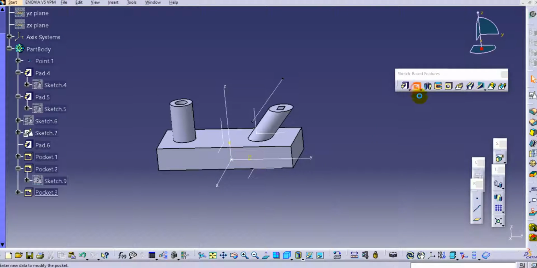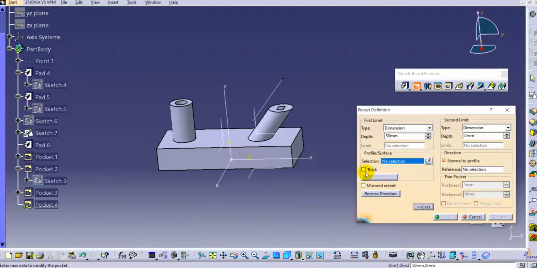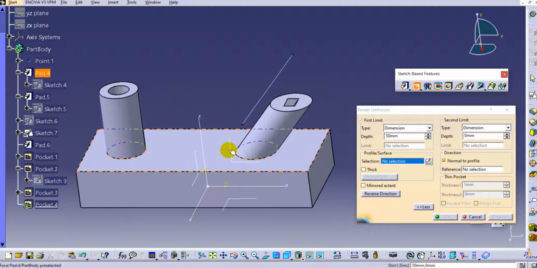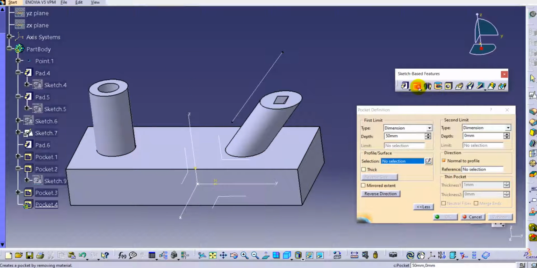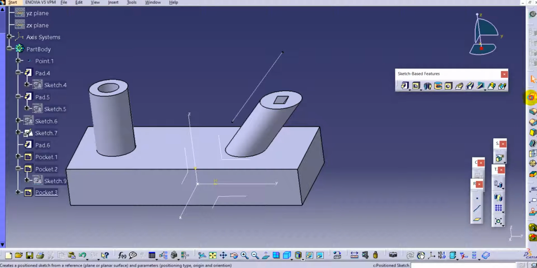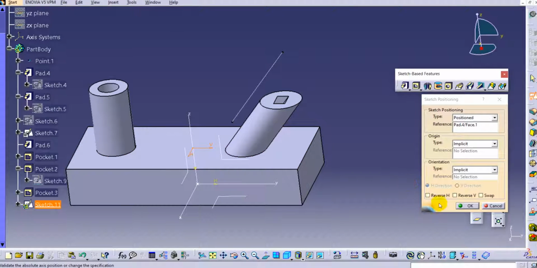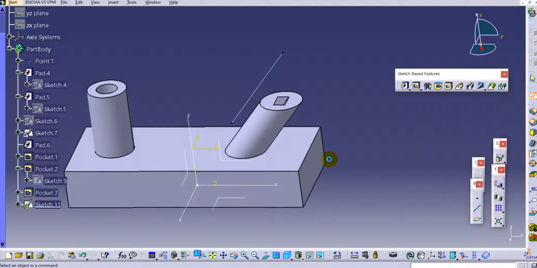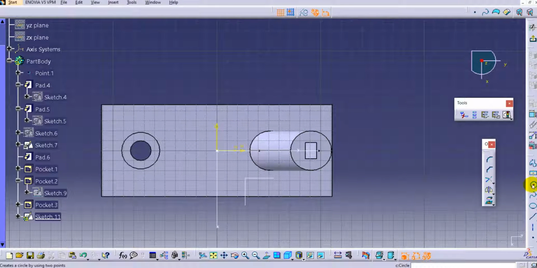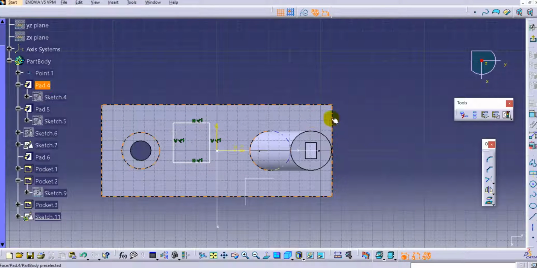One more option we will see, that is the thick pockets. We have this option available for the pocket as well as the pad option, and we'll now see how to use it. To create a thick pocket, again we must have the profile first. Just select the sketch here and select the face where you want to create that sketch. Just create one rectangle, or you can select whatever you want. So I will create one rectangle, and just provide the dimension if you want.